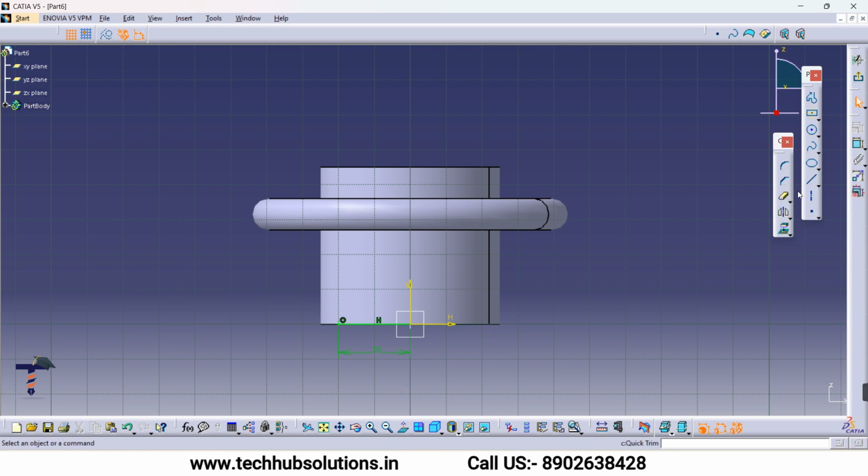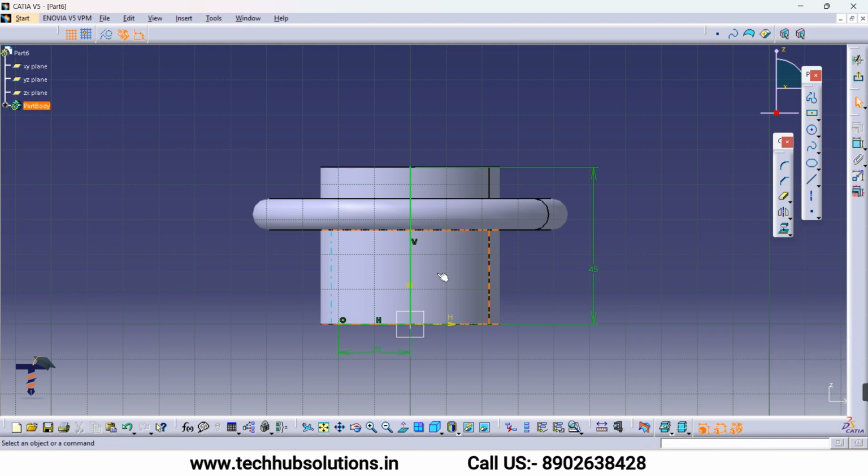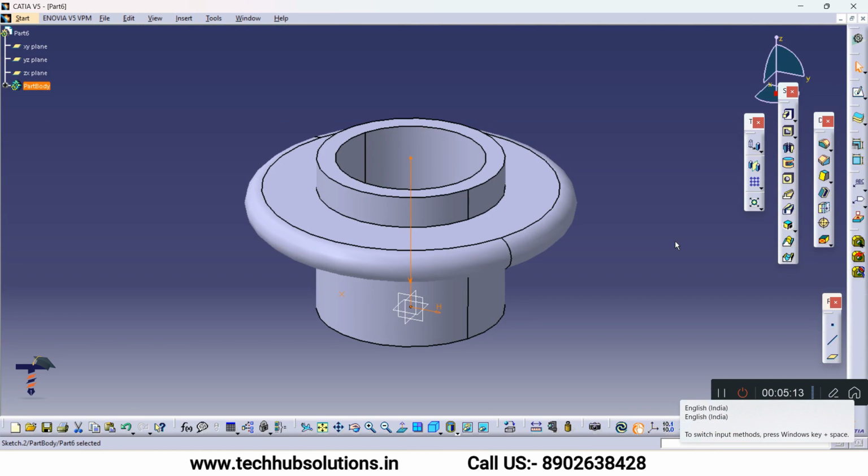Okay, required, and now one line is required, that is 45, need to be 45 same, because total length is 45. And then delete this one. So one point which is 20 distance from the vertical one, and create one vertical line from the center. Then exit here, then exit, then create here